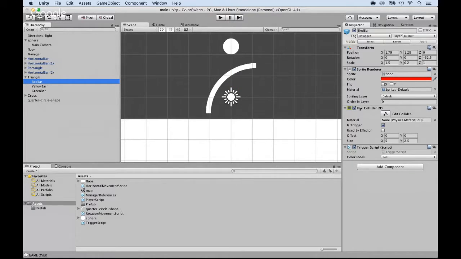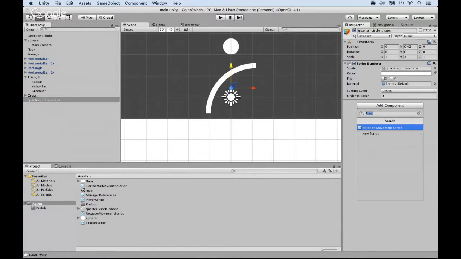which is a box collider. But it's not going to be a box collider, it's going to be a shape collider so that it takes the shape of the quarter circle, and also add a trigger script. So let's go ahead and do that. Clicking on the quarter circle, add components, and here look for a collider, but this time look for a mesh